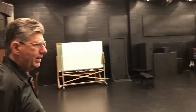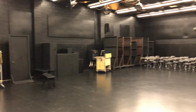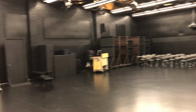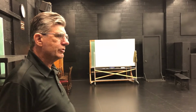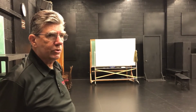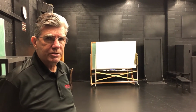So this is our rehearsal hall. It's a very nice space. It's got way more rehearsal furniture than anybody has a right to own, but we have tons of it, and that works out well. All of the classes that require any sort of movement are held in here. We don't usually do too many lecture classes in here, but occasionally. We also have some dance bars in here, so that if we needed to do a dance class in here, we could. But also when we're rehearsing musicals, it gives dancers dance bars to use for